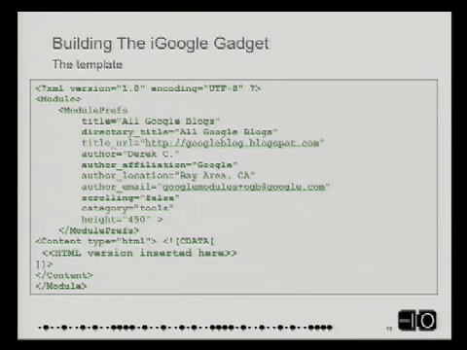And I put some options in there. I said, OK, here's the title URL for when it's running. Here's who I am, where I am, things like that. And I set the height. And then you'll see where it says HTML version inserted here. Essentially, we're going to take the HTML version and literally lift it in, again, Emacs, sorry about that for everyone who gets a kick out of that, and slam it into here. And then there's only a few other steps you have to do to actually make it work.